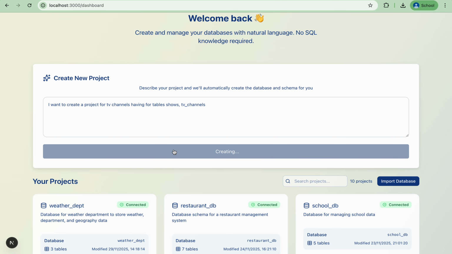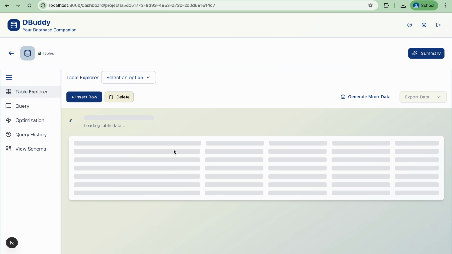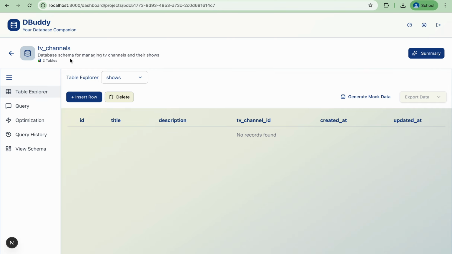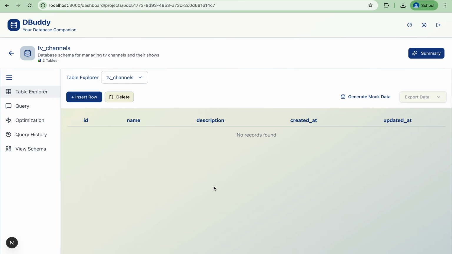Then once the user clicks on create project, the project will be created and user will be directed directly to the project page. So this is the project page wherein currently it is showing two tables. The two tables got created, and AI is going to infer certain schema based on the input that we provide for creating the project. So here as you can see, there are two tables right now, and it's not having